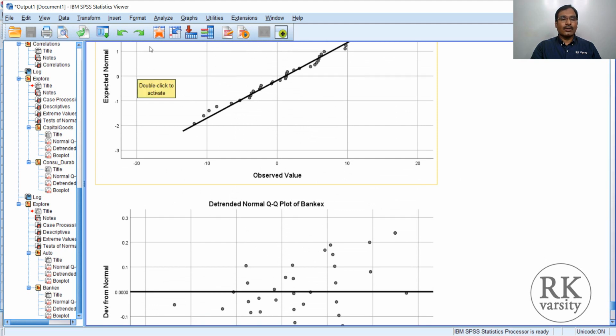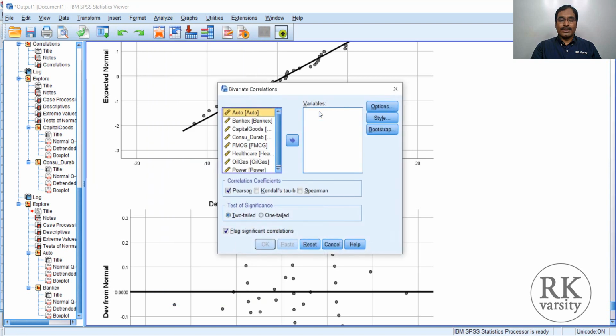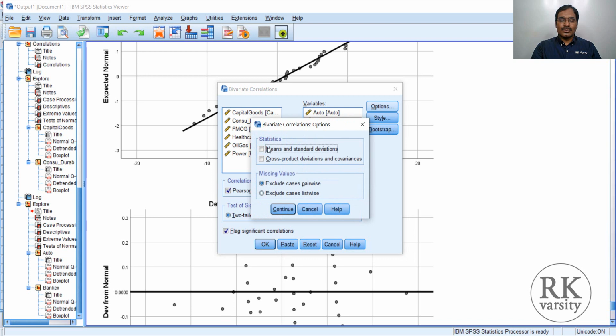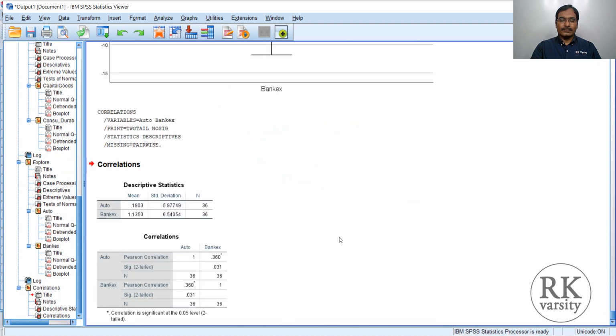To run a correlation, go to Analyze, move to Correlate, then choose Bivariate. Now select the two variables, Auto and BankX, and send them here. If you want descriptives, you can choose them, then click Continue, then click OK.